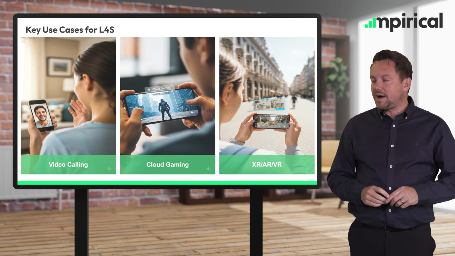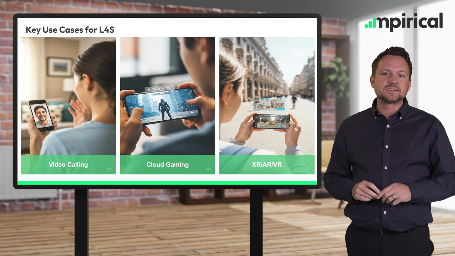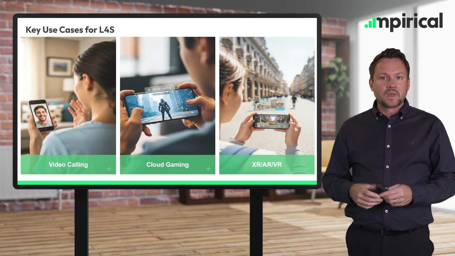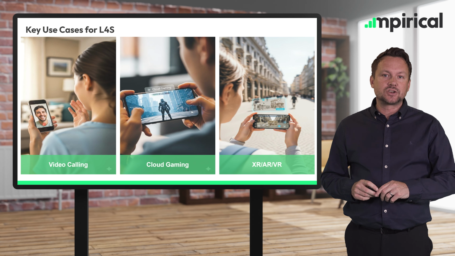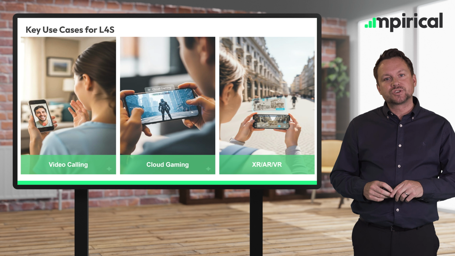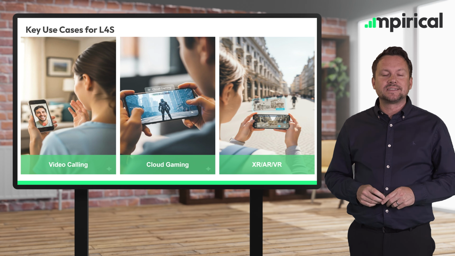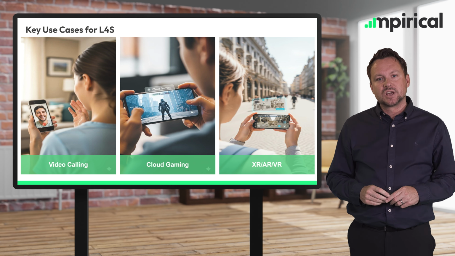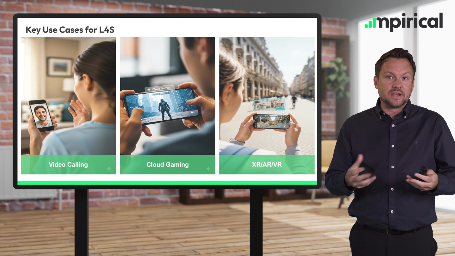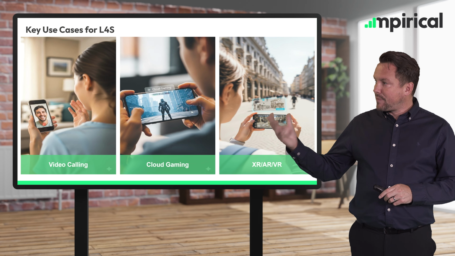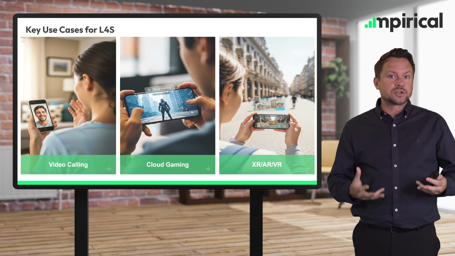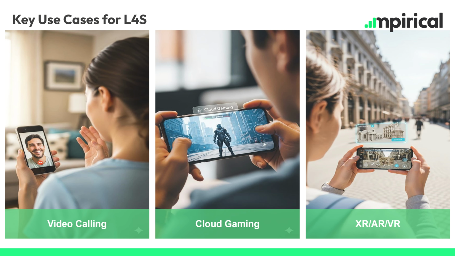experience. And then finally, we've got the type of immersive experiences that we see with augmented reality, extended reality, and also virtual reality. Now, these experiences are particularly delay critical. Any input delay to a VR headset, for example, can potentially induce motion sickness in users, but ultimately will degrade their experience. So each of these use cases relies on their traffic being able to get through the network in an efficient and a delay responsive way. So if packets associated with these applications and services are stalled within the network, then we start to lose that real-time element that makes them so immersive.